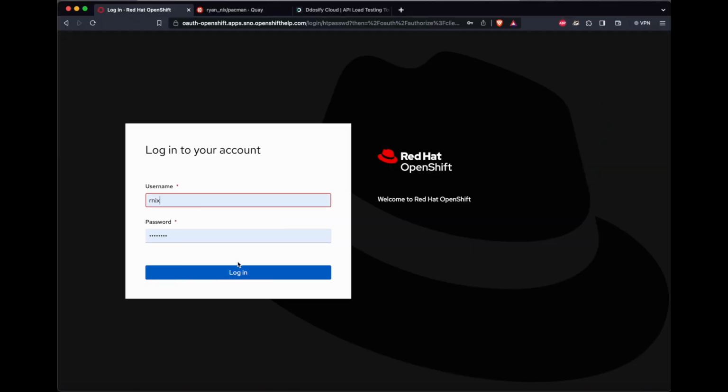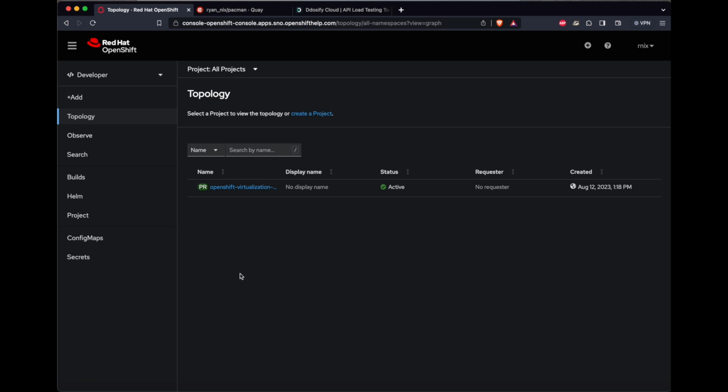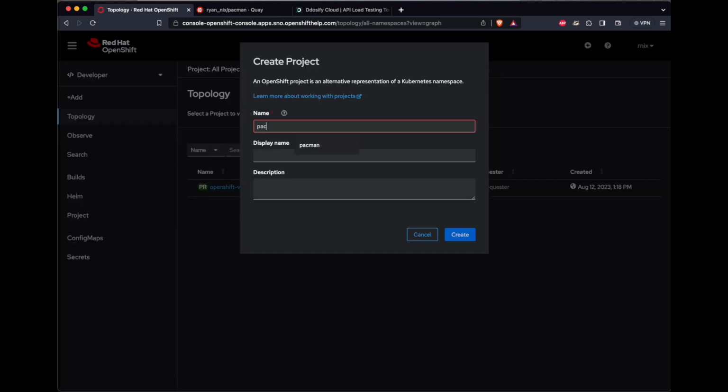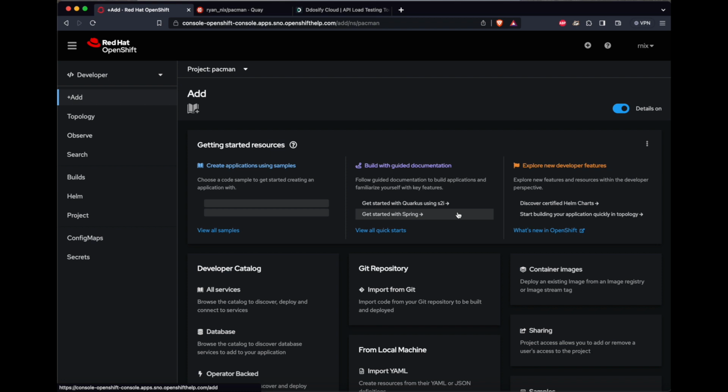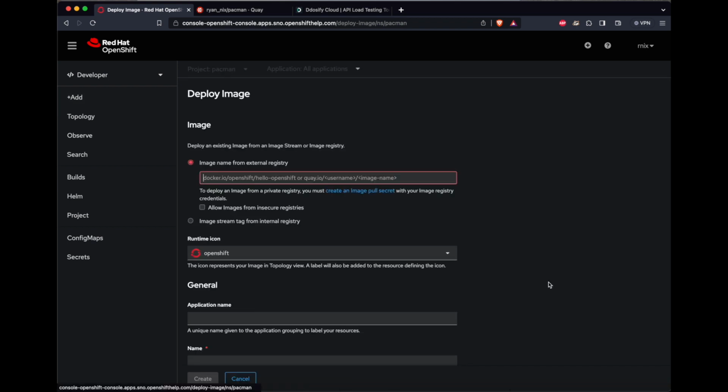Okay, let's hop back over to the OpenShift console and create a new project. I'm going to call it Pacman. Give a display name Pacman app. Click on create. All right, let's click on the add page, and we are going to add my Pacman container